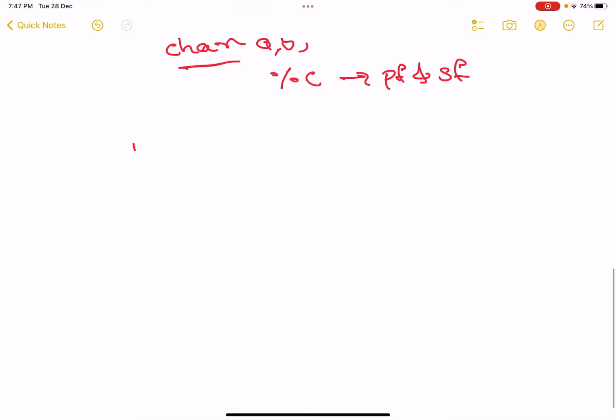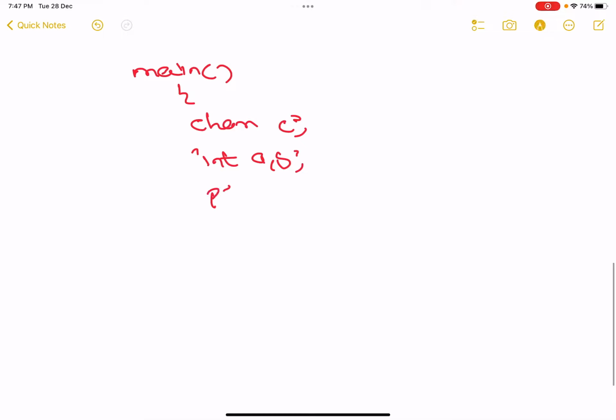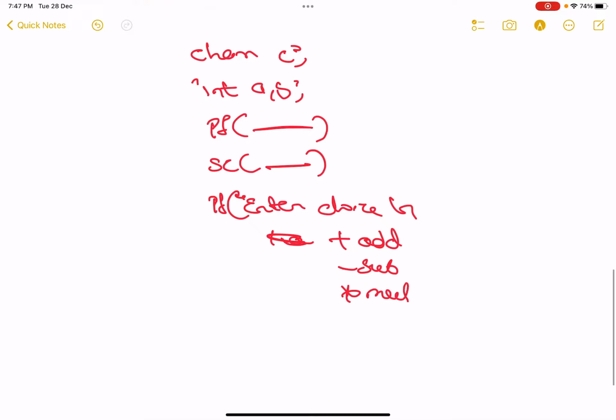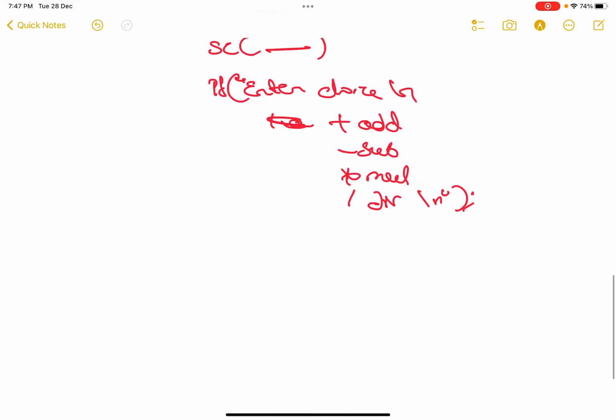So we'll directly go to main. Here I am initializing char for the option, the choice is c. Then int a, b to take the inputs of the two numbers. You will printf enter two numbers, scanf to take the inputs, then printf enter choice, with a newline, plus for addition, minus for subtraction, star for multiplication, slash for division, and close the printf.